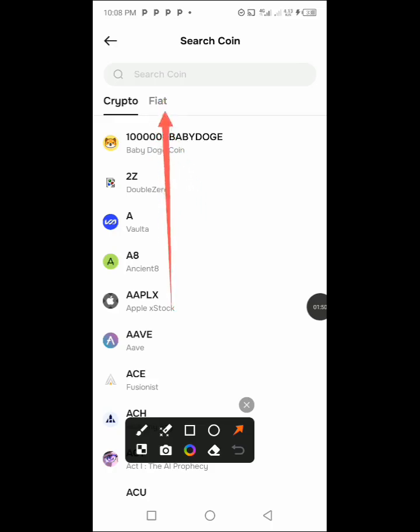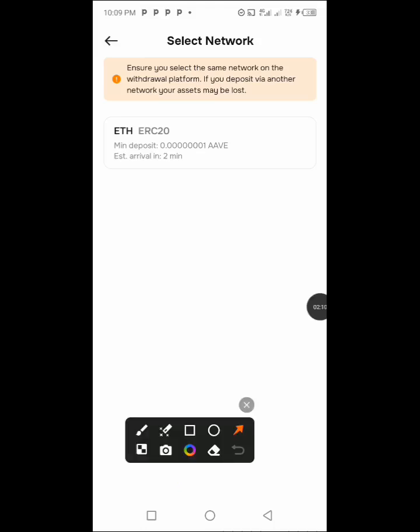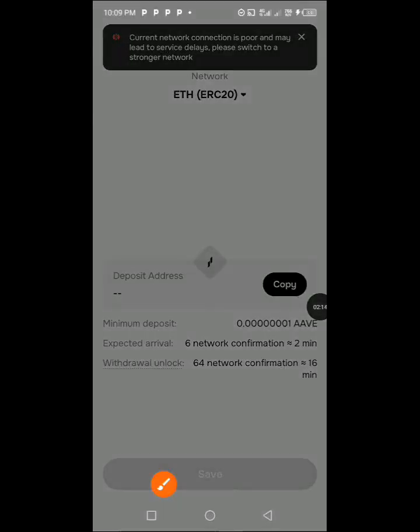Fiat is if you want to deposit using your naira, you can deposit using this section. But anytime you want to deposit using crypto, to deposit any coin into the exchange, just click on this crypto section. Then you can also come here and click on Avail. Let's say I want to deposit Avail. You click on Avail for the sake of this video. You click on it, and then when you click on it,